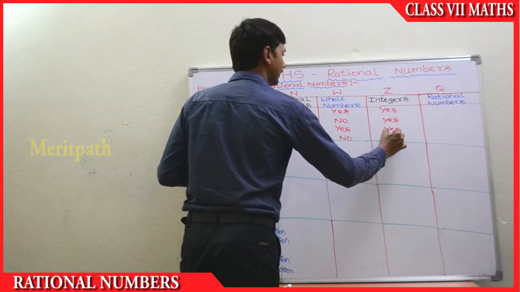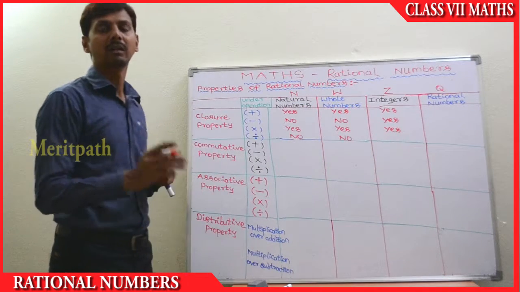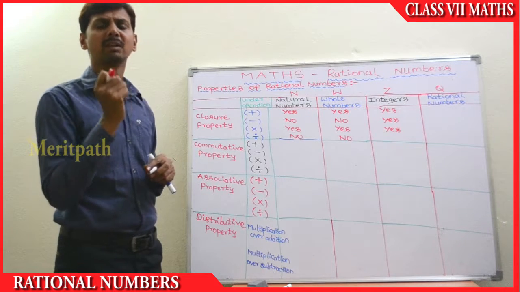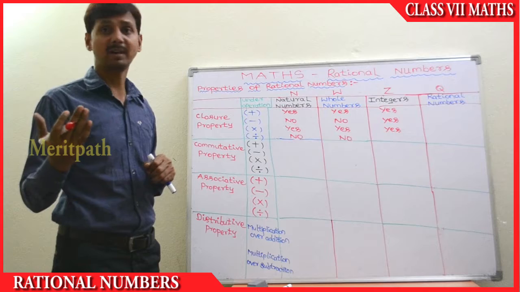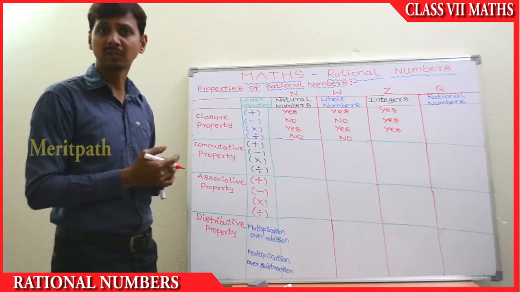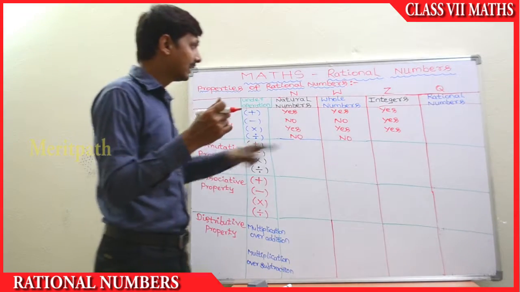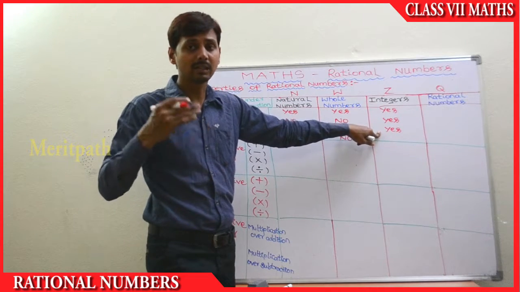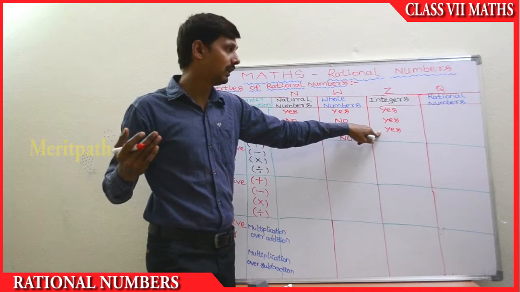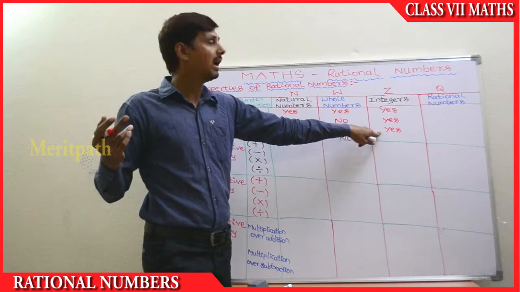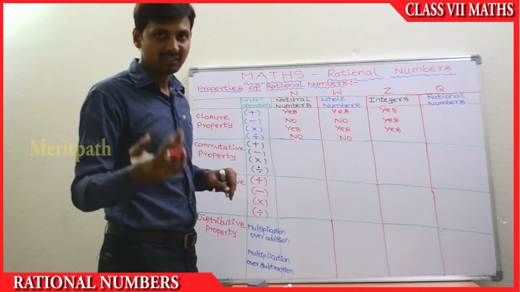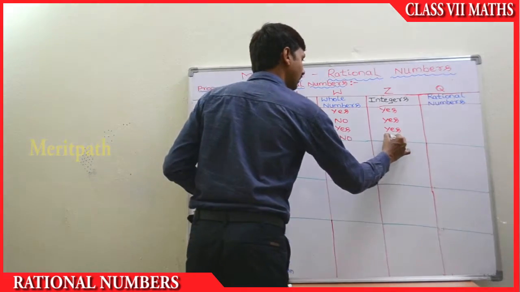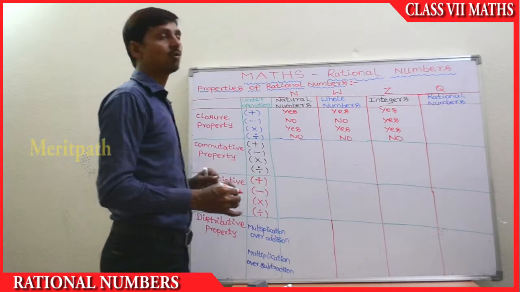And division, it's not possible because we take integers, in this particular case minus 3 divided by minus 2, and it's 1.5. It's not possible. So we have taken two integers, minus 3 divided by minus 2. The minus signs cancel, then 3 by 2 is 1.5. So it's not possible. We got a decimal, and here we need to get an integer. So it's not possible.